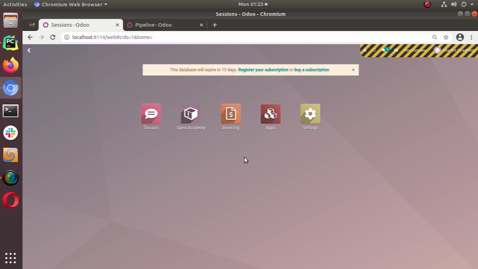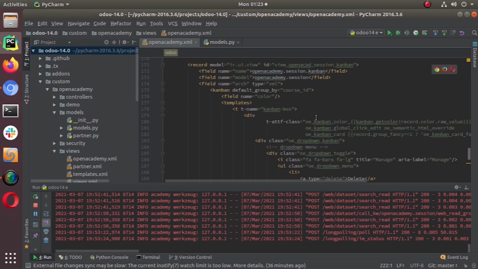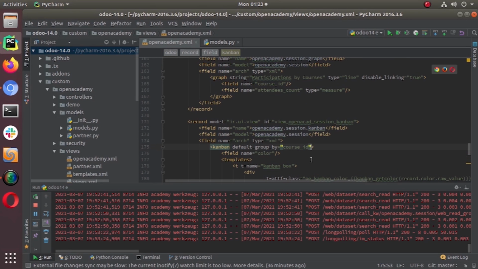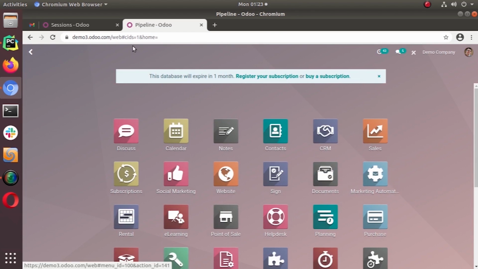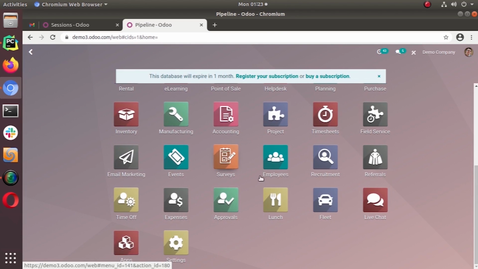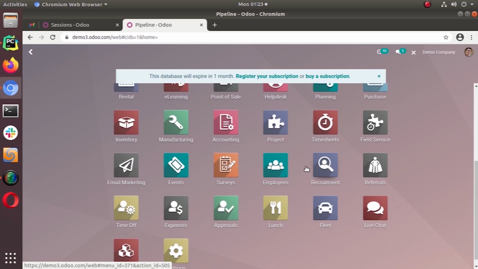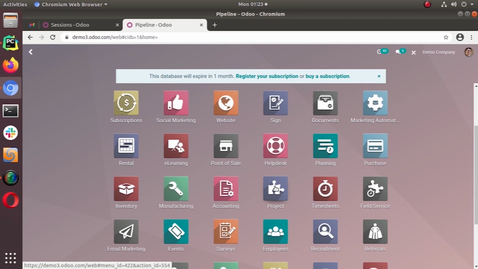And then there is class that you can use for the Kanban. Here you can give an HTML class to apply styles to your Kanban view. And then examples. What are examples? Just like in the Kanban of the CRM, we have projects, and under the projects we can